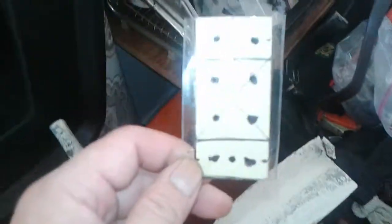So let's see. I've got this template right here. This is for the 1x2s. I'm just figuring out some things. I may have made this wrong. The one in the middle, the 2-inch, basically